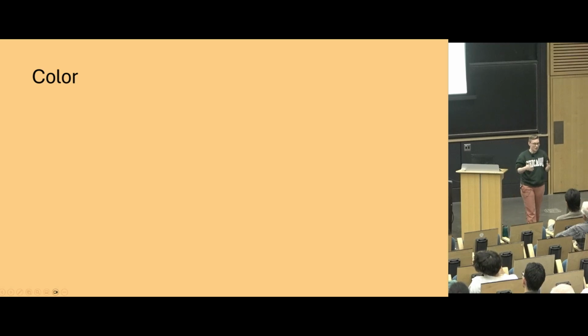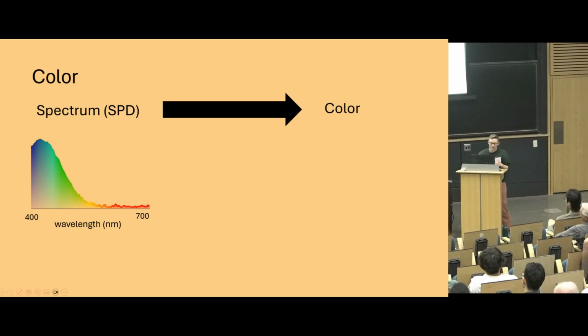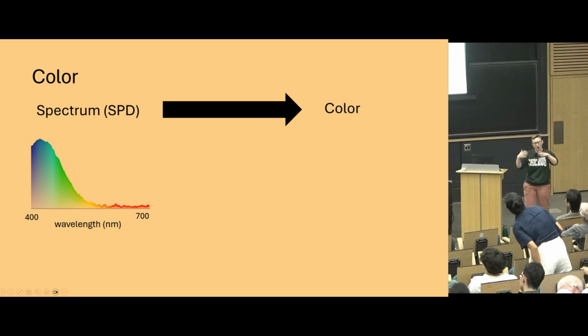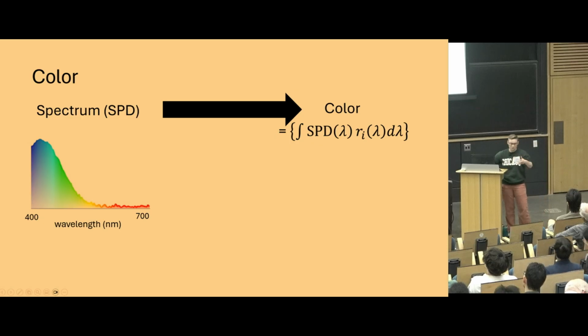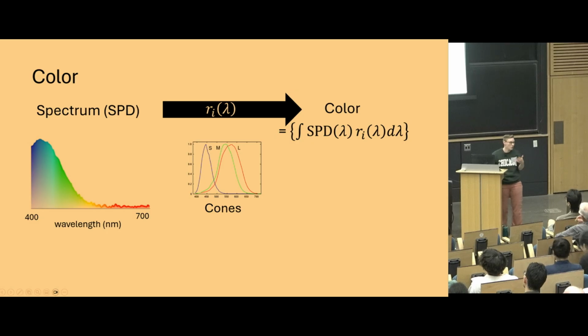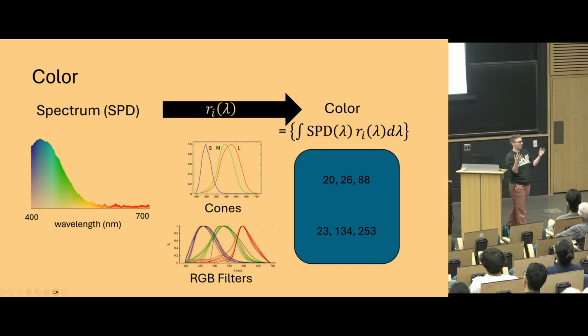Lately, we've been thinking a lot about color. And by color, what I mean is that in the world there are these spectra, these spectral power distributions across wavelengths, and colors are going to be any low-dimensional projection of those spectra. So I'll have some receptor functions, I'll integrate against those, and I'll get some small number of values, and that'll be my color. These receptors in the human eye are going to be your long, medium, and short cones. So for example, this spectrum can be projected into these three numbers, one for each cone. Similarly, our RGB filters on our camera have a similar function. We'll get three slightly different numbers, but they're both going to reflect the lovely blue color associated with this spectrum.